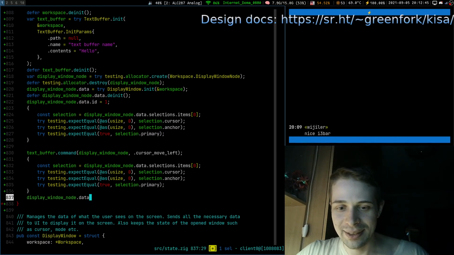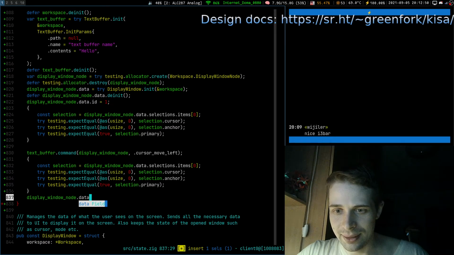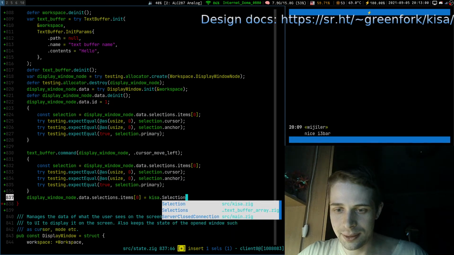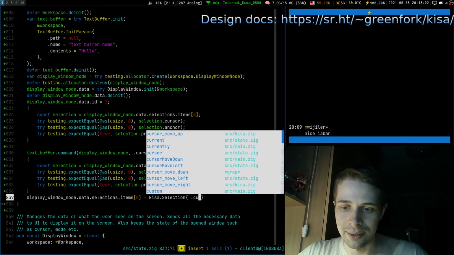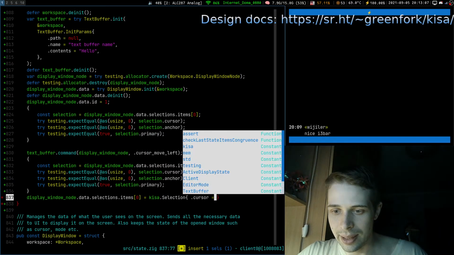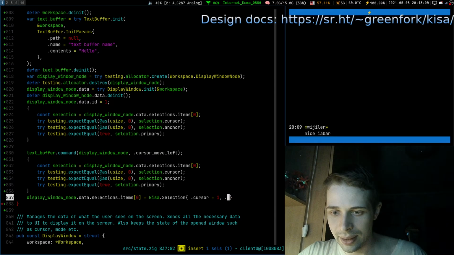Okay, let's create maybe data selections items.0, and we say that hey, we actually have a selection, a particular kind of a selection where cursor is at position 1 and anchor at position 1 too.